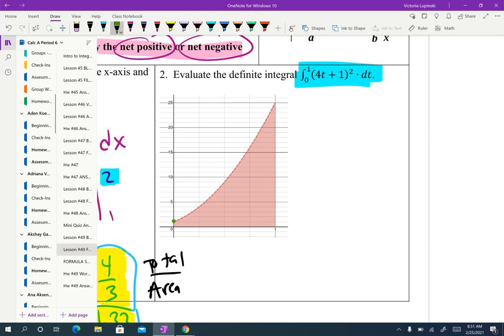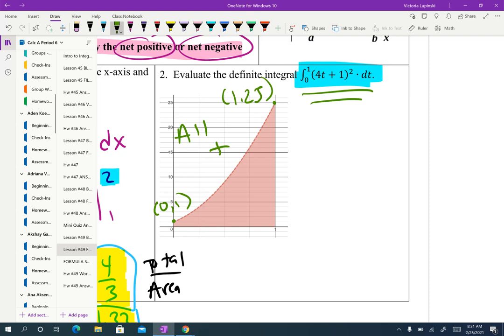Something else to consider: this is the point (0, 1), which I get by plugging 0 into this equation. This is the point (1, 25), which again I get by plugging 1 into this equation. That would be helpful if you didn't have the graph in front of you, to help make sure what you had was accurate. Something you want to note here is that, yet again, you have an entirely positive region, which means that the answer you get should not only be positive, but it will represent the